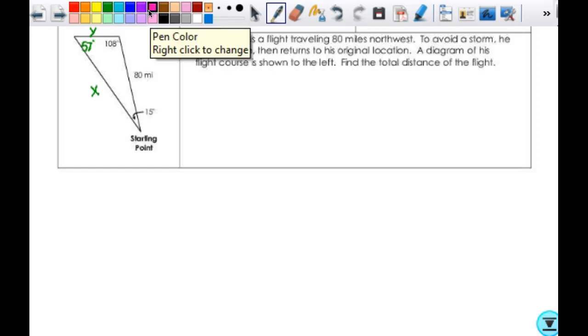The part I have to use is I have to use these two for sure to get started, because that's where my two pieces of information are. And I'll start with x, because it comes first, why not? So x goes with 108, so I can have the sine of 108 is equal to, not equal to, sorry. Sine of 108 over x equals, and then I've got to use these because I can only have one unknown, the sine of 57